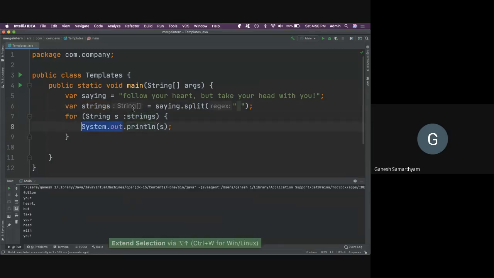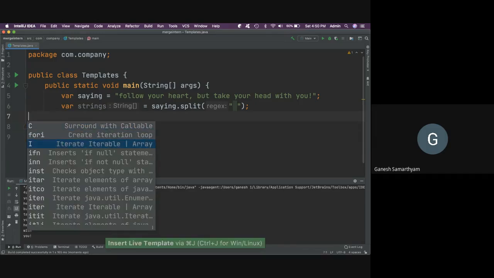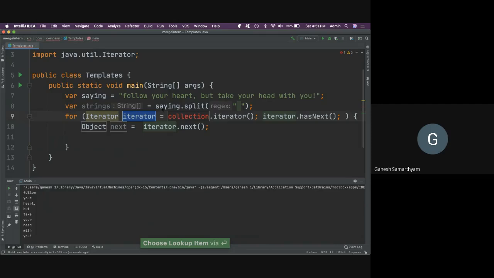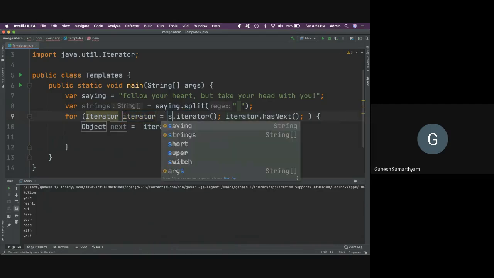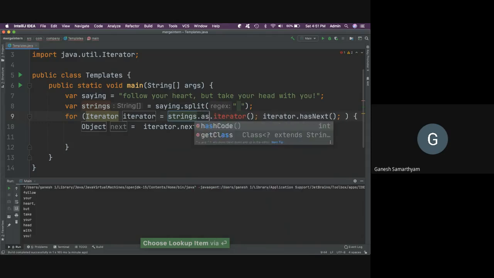Now let's try one more different shortcut. We can actually iterate it as a collection. So what is a collection here? Here we have strings dot as list.